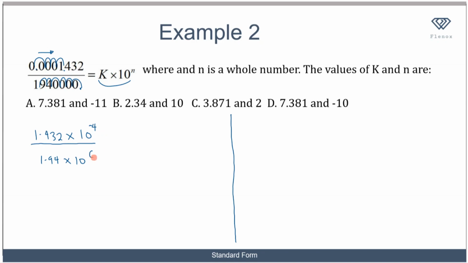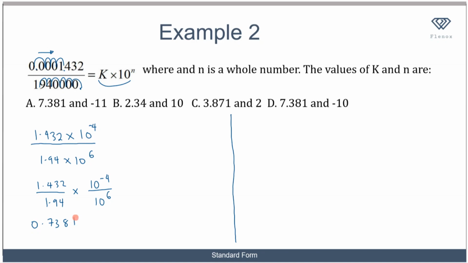So I have this. So now I can separate this. This is the same as writing 1.432 over 1.94 times 10 to the power of minus 4 over 10 to the power of 6. Now you can easily type this into your calculator, and when you type this in to 4 decimal places, the answer you are going to get is 0.7381